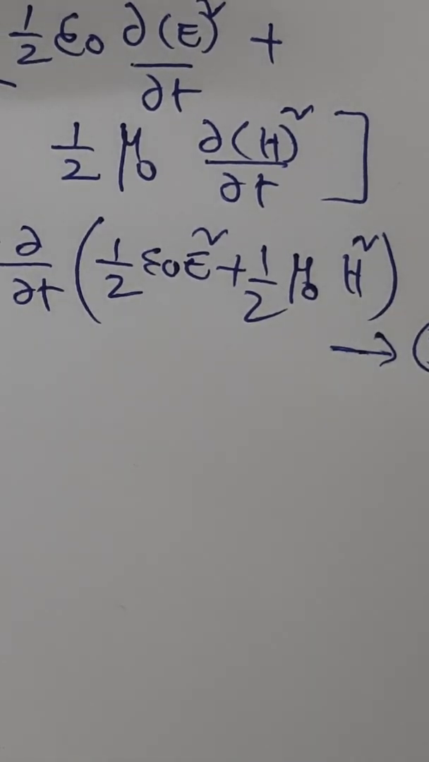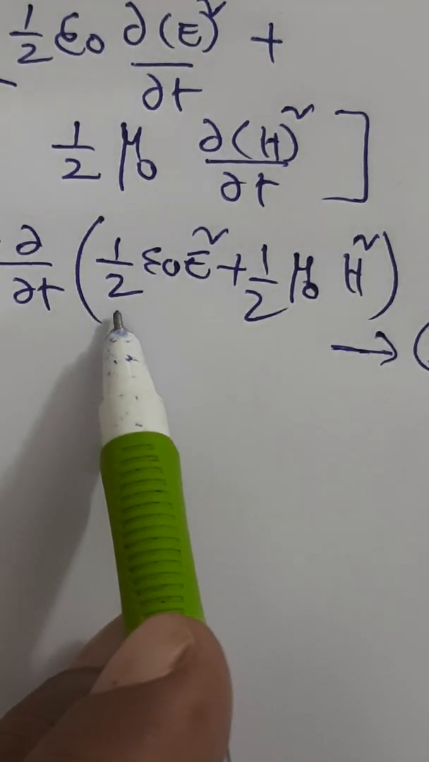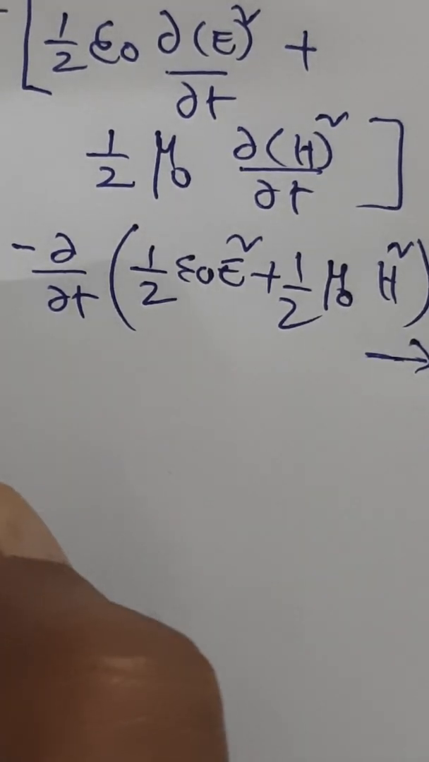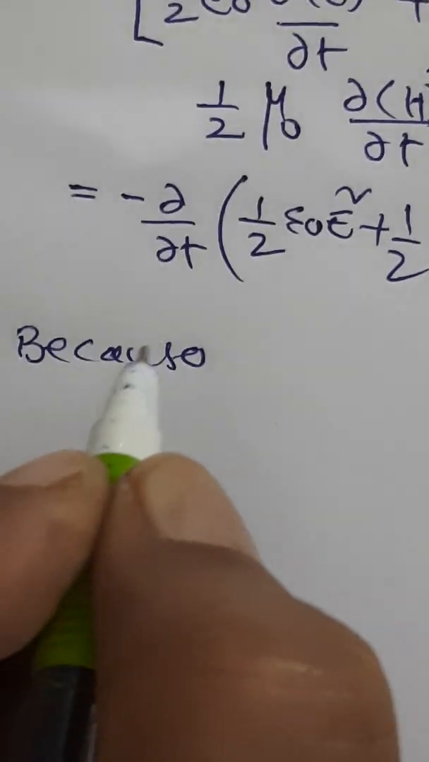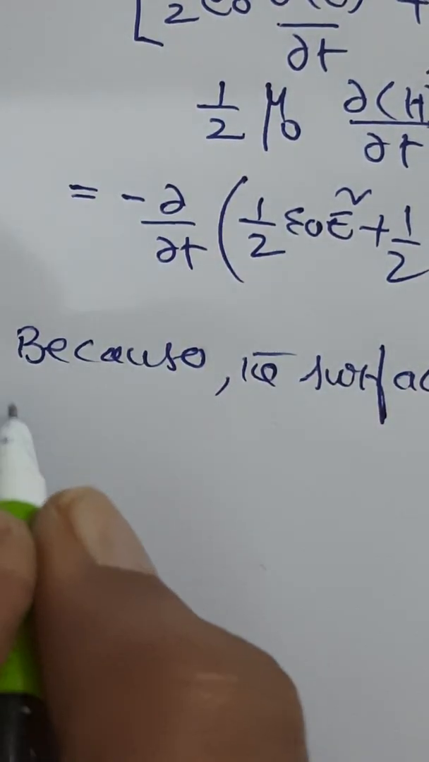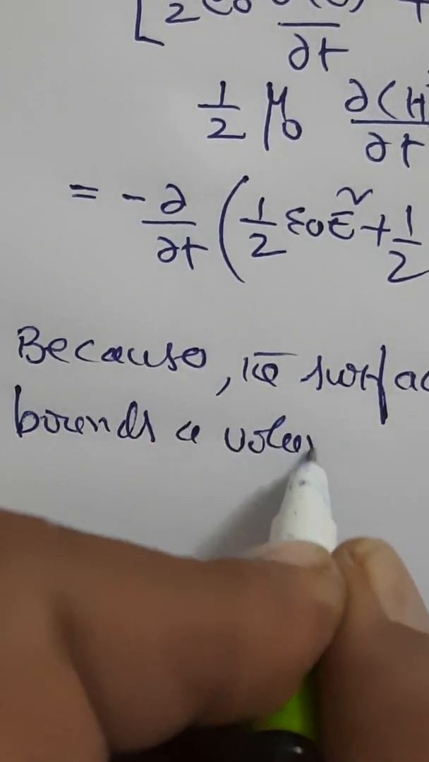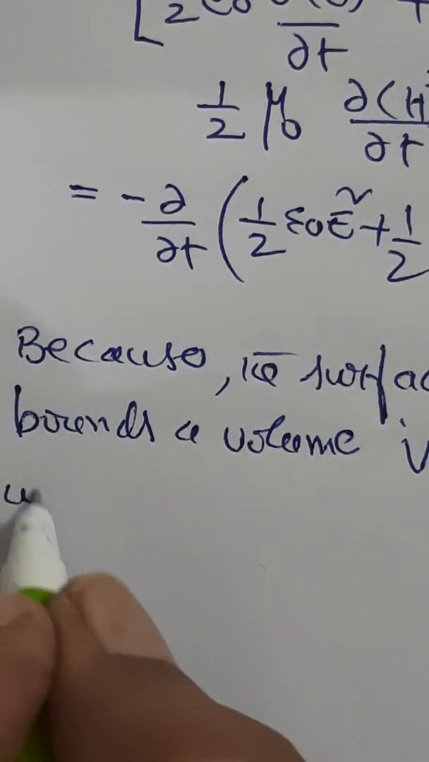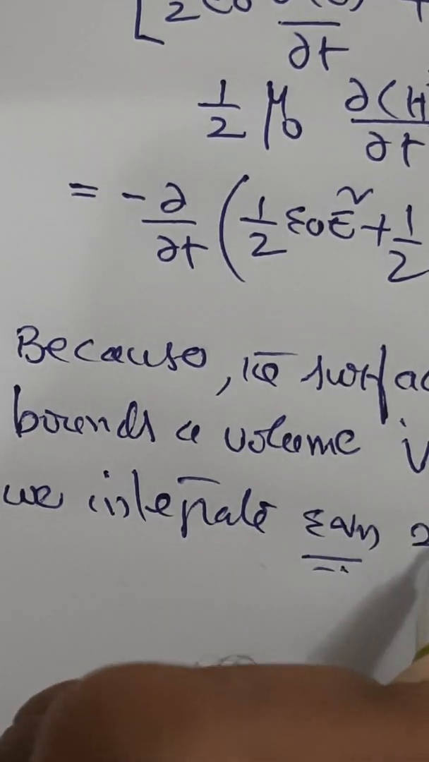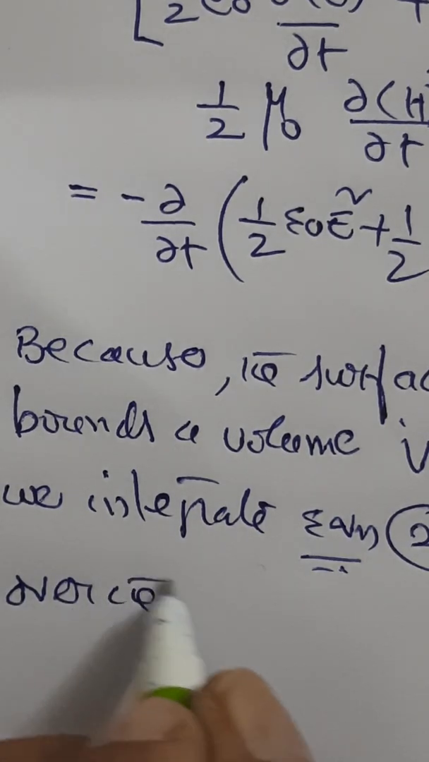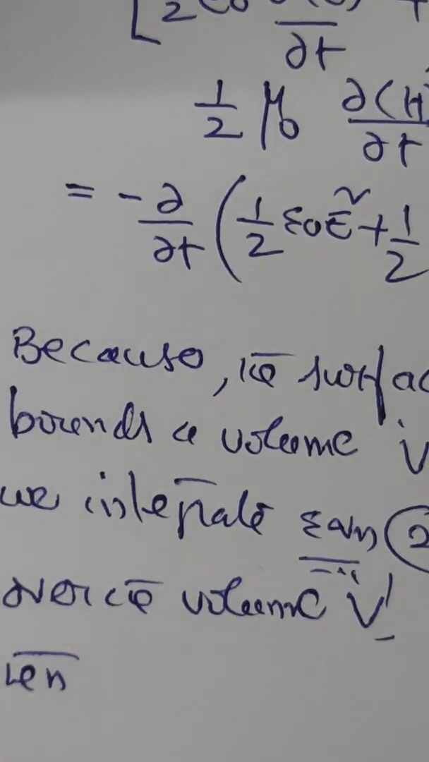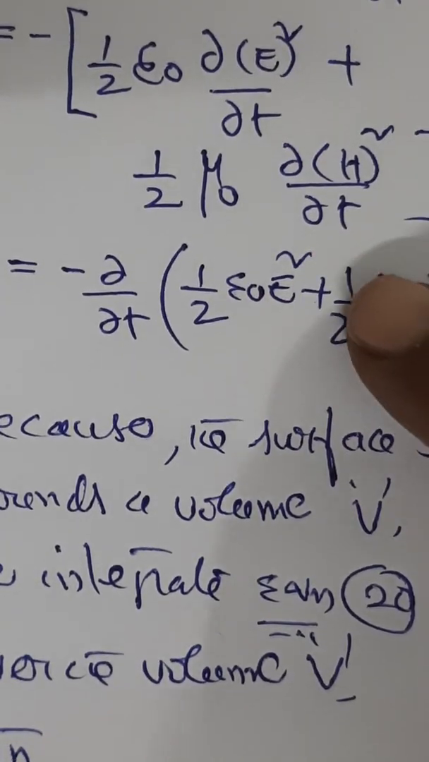Understood? Now, because the surface S bounds a volume V, we can integrate this equation over the volume V. Then the surface is bounded by volume V. Therefore, we are integrating this. By integrating this equation,